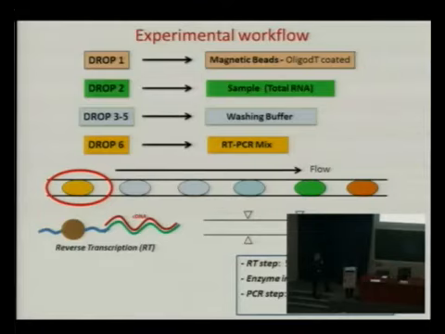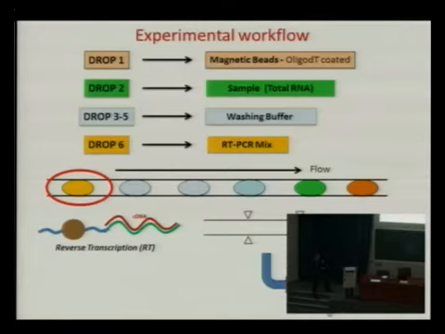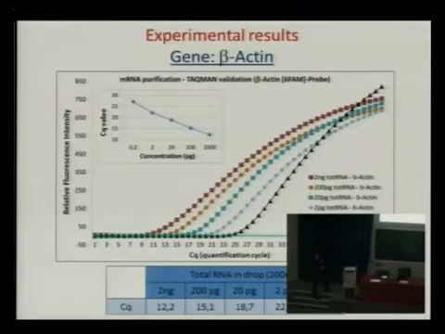At this point, inside of a droplet, we have just cDNA that we can easily put, with our droplet, in a single normal PCR tube and go for qPCR. These are the typical curves that we obtained from the qPCR machine. We tested with this platform, at the moment, 3 different genes. The first gene is the beta-actin,